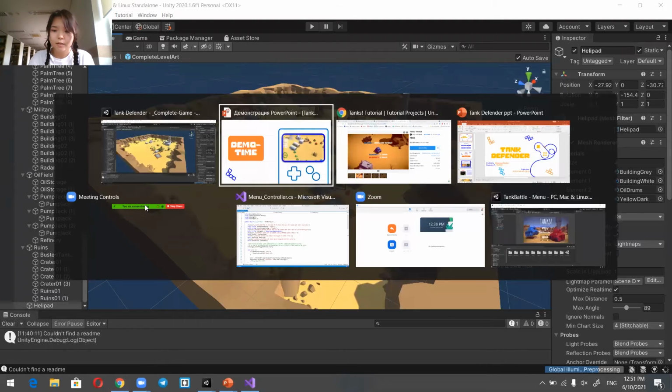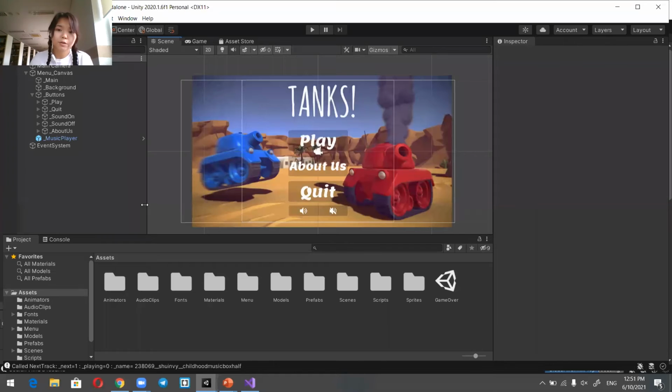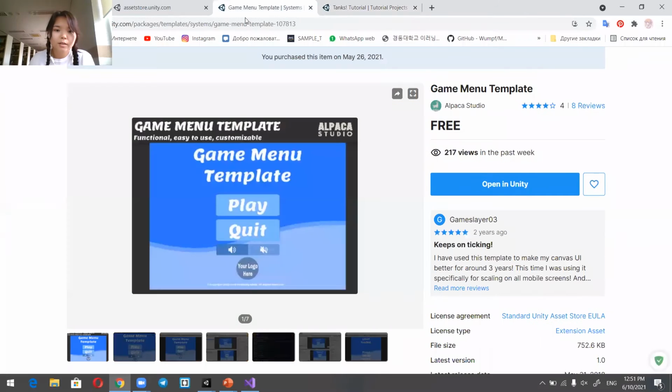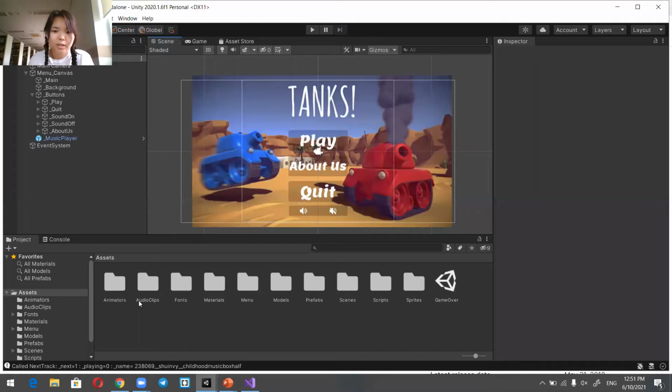And before that, I want to introduce my menu scene. It's pretty easy, but it looks very good. From my point of view, it's based on another package from the Asset Store. I want to share it with you. The name is Game Menu Template from Alpaca Studio. You can see how it looks originally, and I changed it